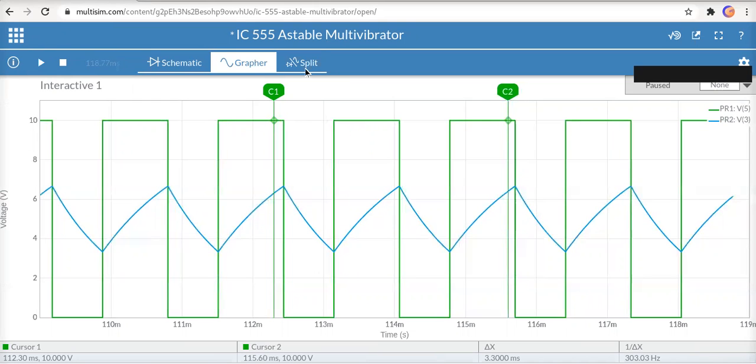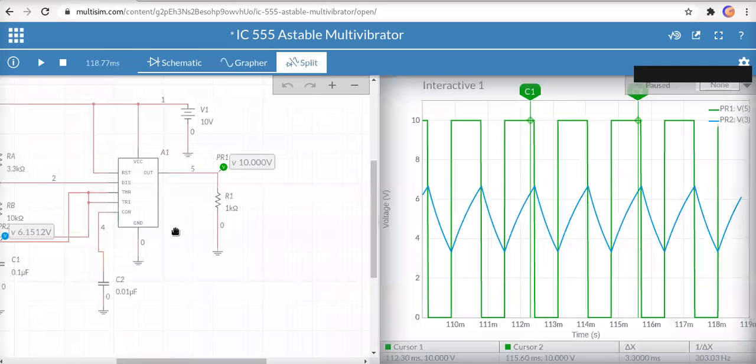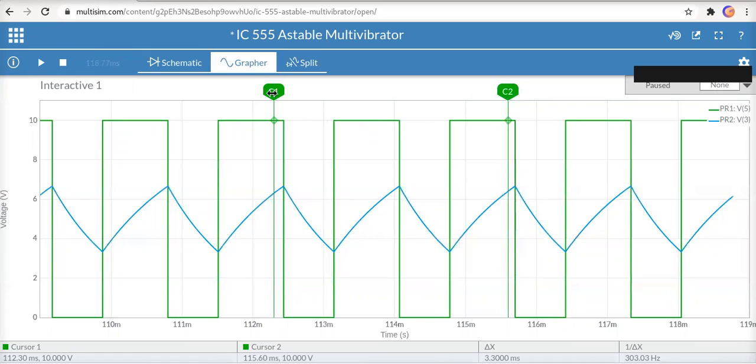You can see both circuit and waveforms at a time by clicking on the split, and you can even see the voltages manually. Let us concentrate on the grapher. Here you can see C1 and C2. If you drag them, you can even measure the time periods.